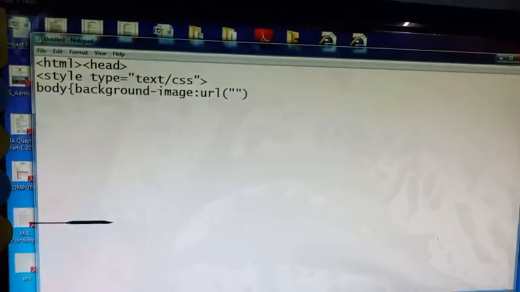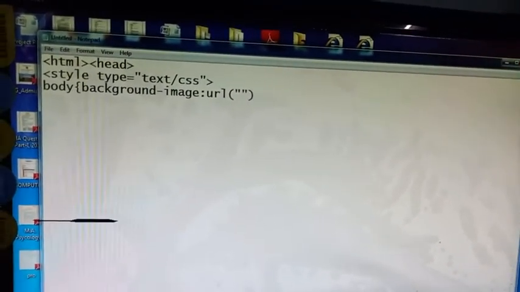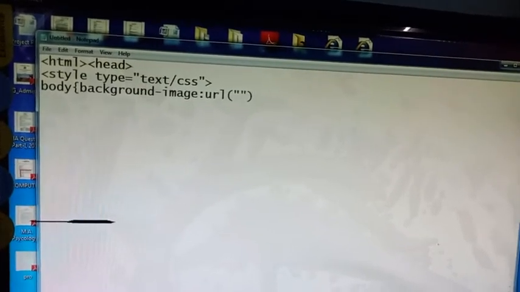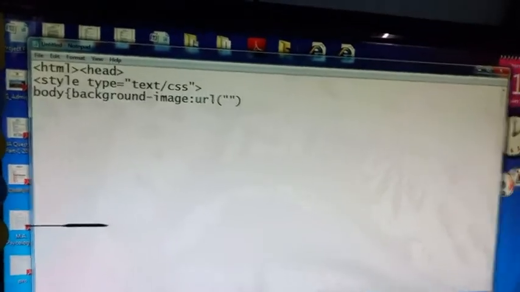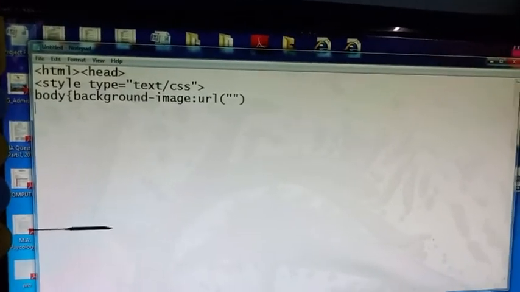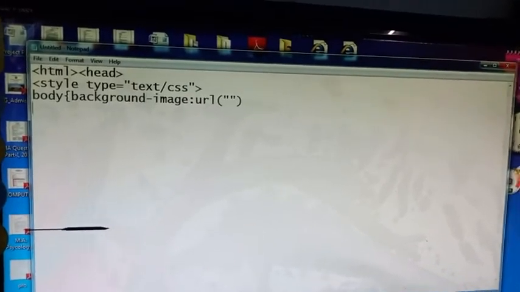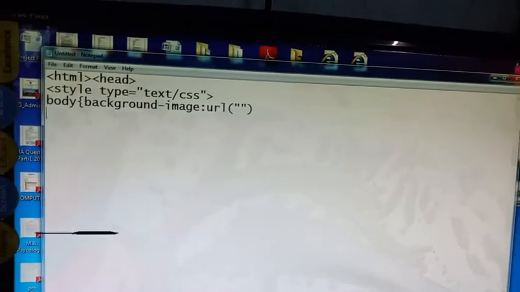Here I am leaving the link URL. I will use the link after completing the code. So first write the code, because you must be careful here.